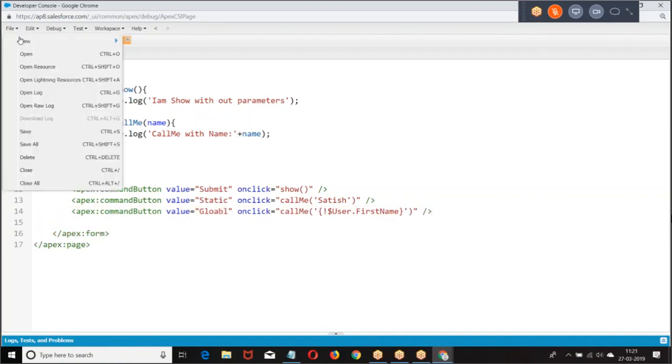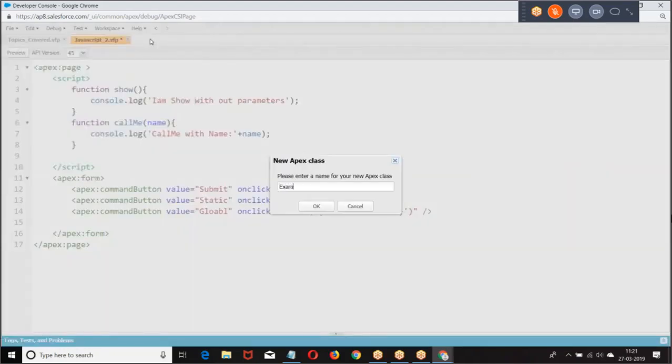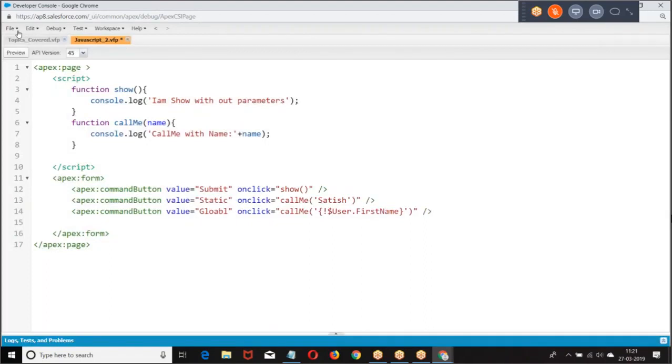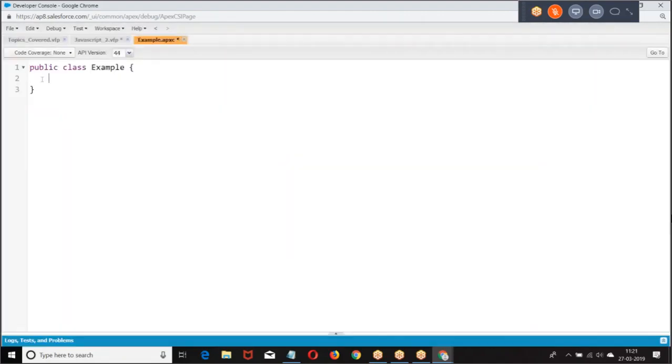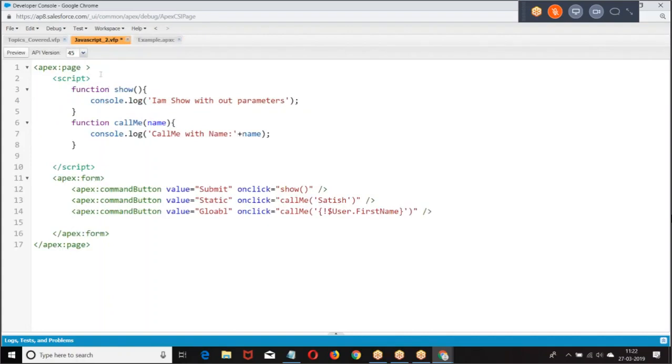Then similarly, I'm giving an Apex class that already exists, with control equal to example.